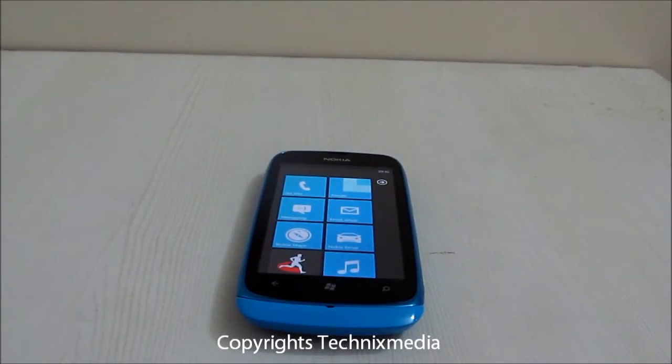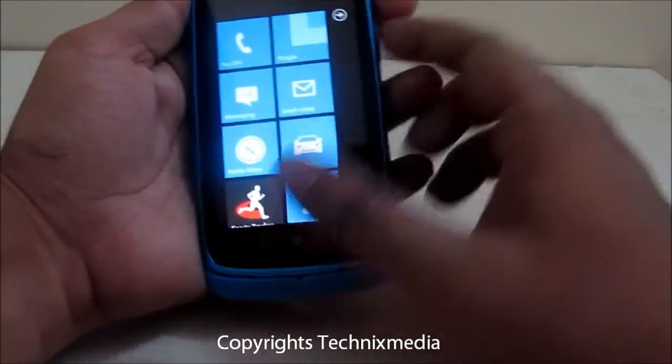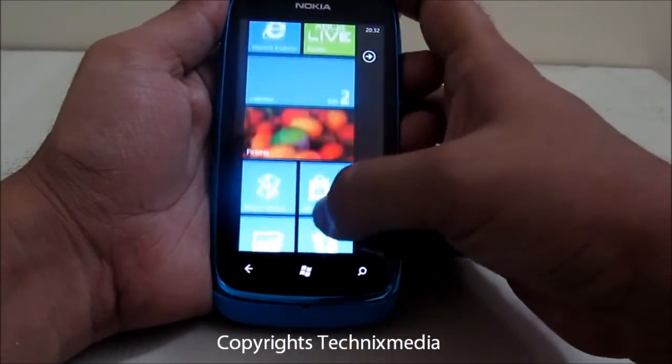Today we are going to talk about the camera on Nokia Lumia 6110. We are going to review the camera quality. We will show you some of the pictures which we have taken using the camera. So let's start. First of all, we will locate the camera shortcut,